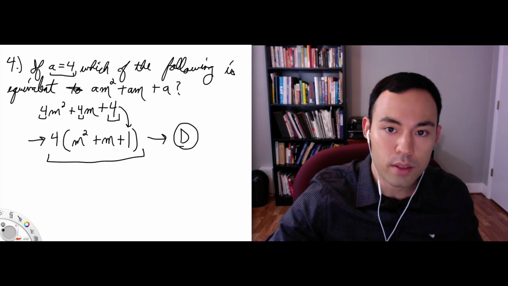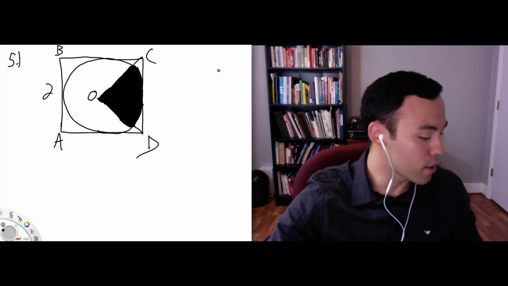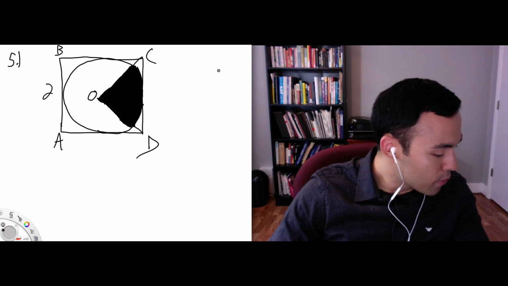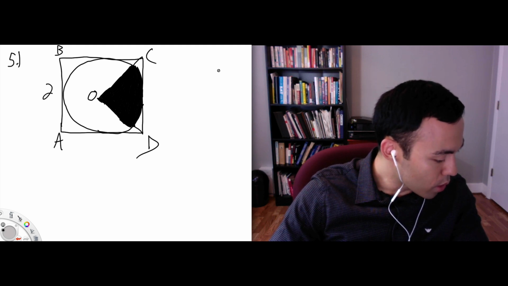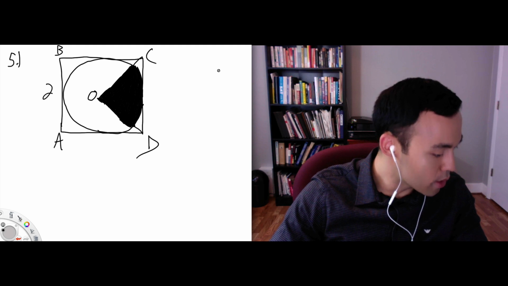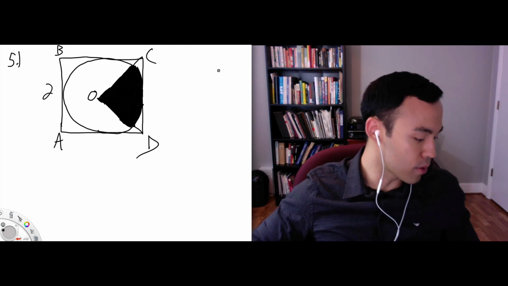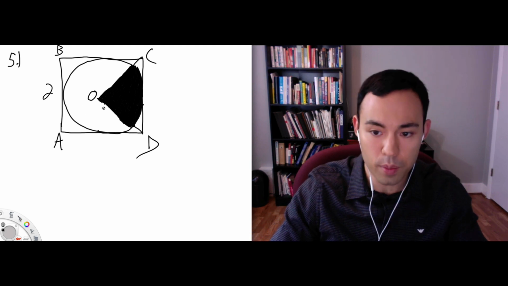All right, so now let's go on to the next one here. Number 5. In the figure above, the circle with center O is inscribed in square ABCD. What is the area of the shaded portion of the circle? All right, so let's think a little bit about